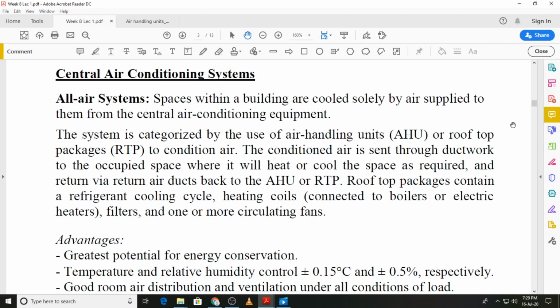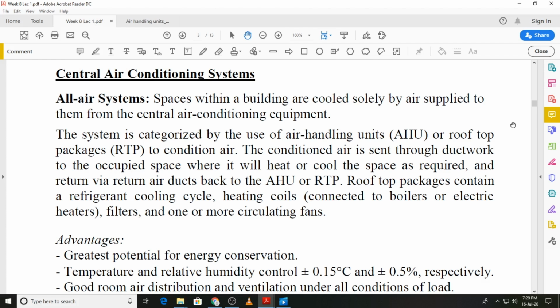We now move on to central air conditioning systems, and there are three broad categories. The first is all air systems. When we talk about these three categories, we distinguish between them according to the mode of the energy transfer, that is, how we are carrying energy from the conditioned space. If it is done solely through the use of air within the conditioned space, that is known as an all